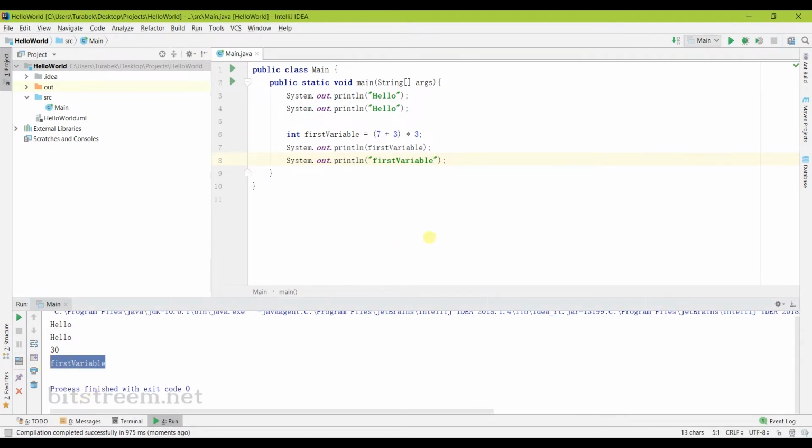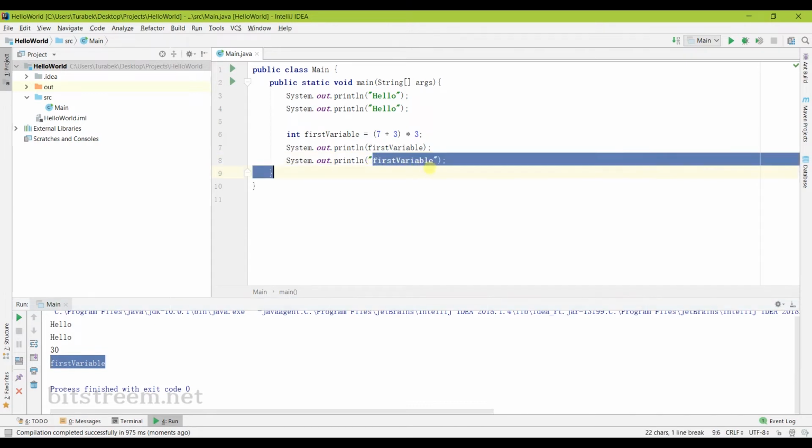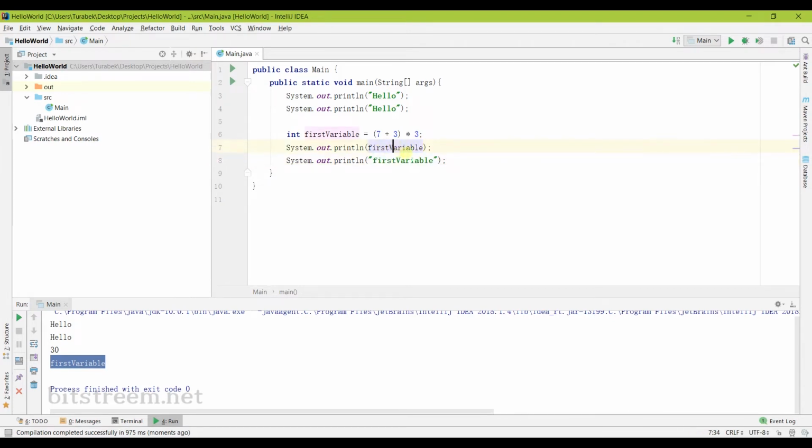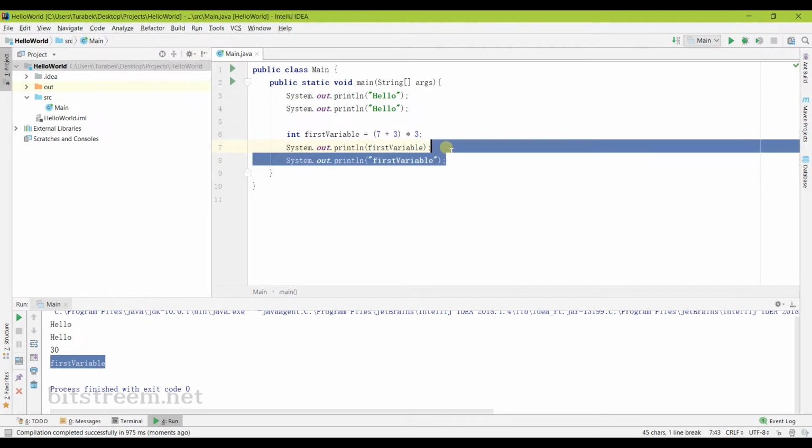From this we can conclude that whatever is inside the double quotes will be printed as it is. If we give a variable name without double quotes, the value of this variable will be printed. So let's delete that